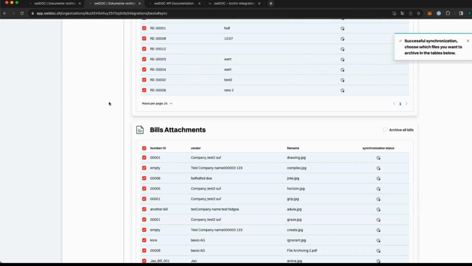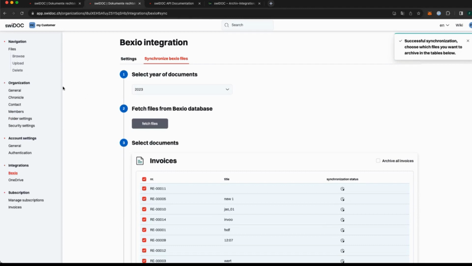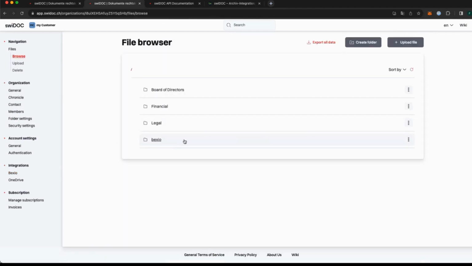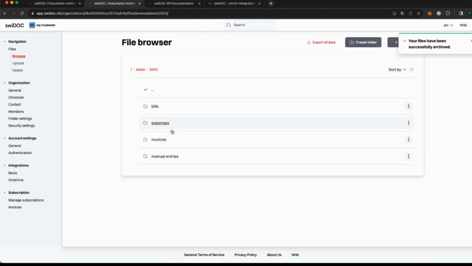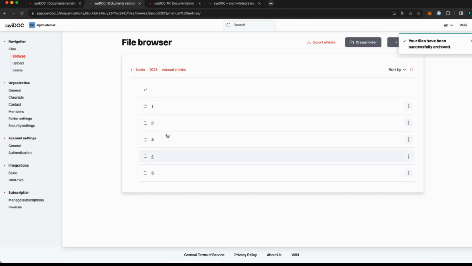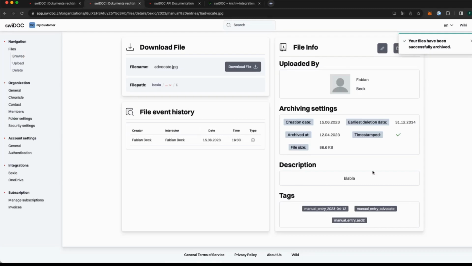Now what happens is all these documents are fetched and stored with the right deletion dates. If I go in here now and see that this folder was created, you can see the different document types. And if I go further inside, I can see all the files itself.